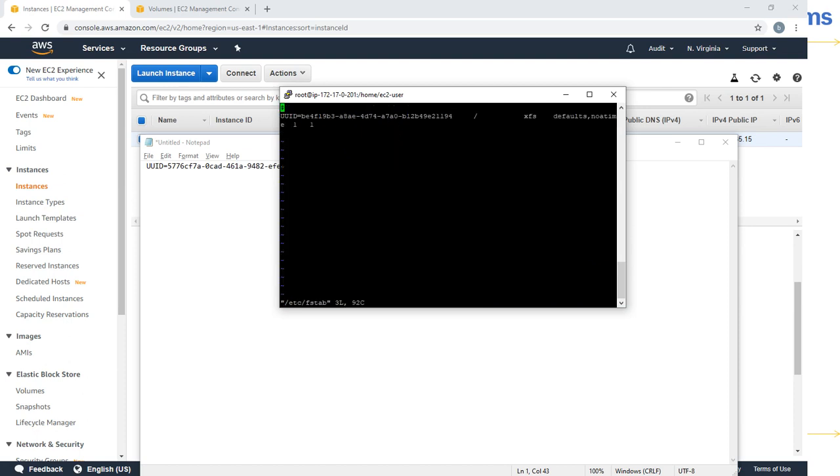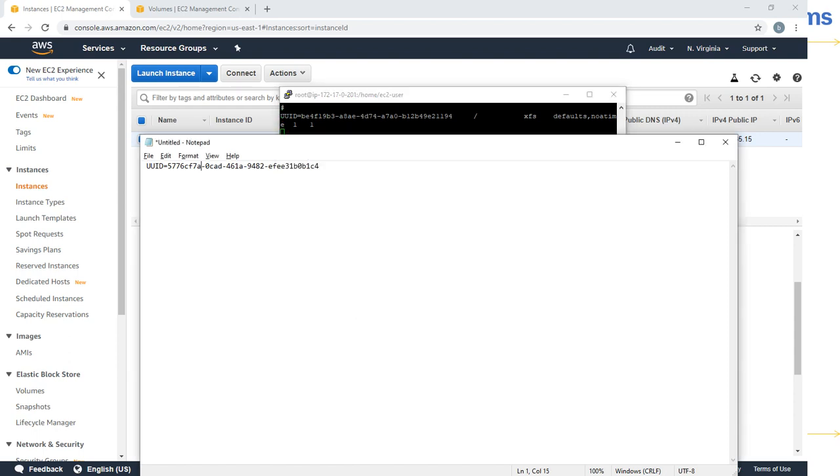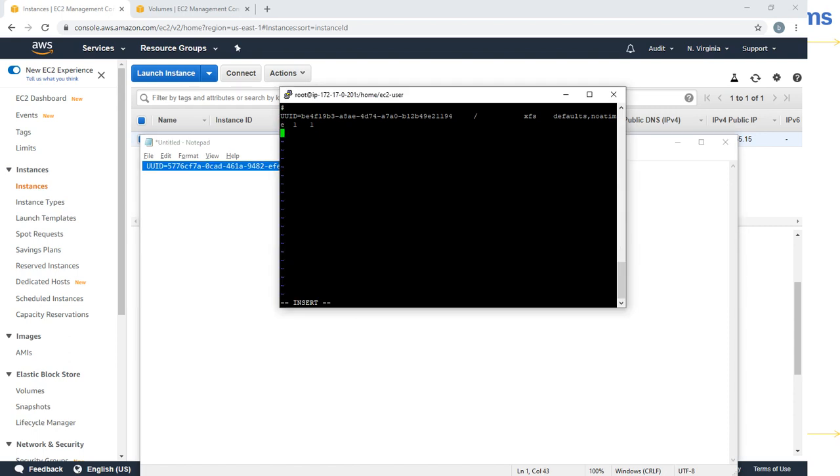In order to attach it permanently, you have to use vi /etc/fstab. If you see over here, this is the root volume and its attributes are already added. In order to add the volume you attached, copy just this command, make sure there are no spaces, and this is the device file system.